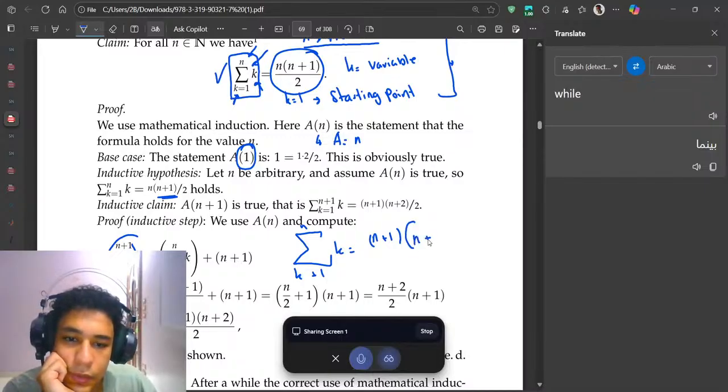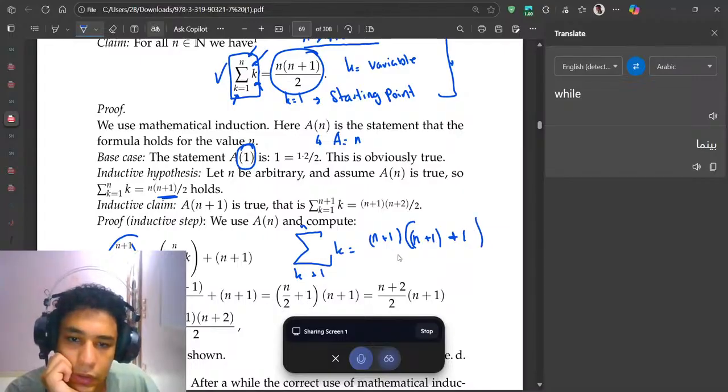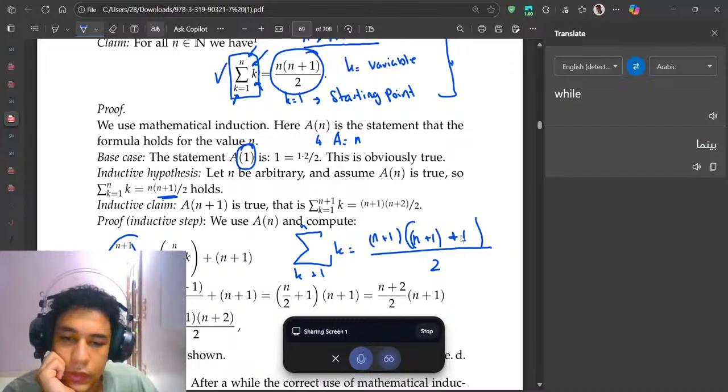N plus 1 here, like n at the top. Hold on, chill, plus 1 and another bigger bracket, and here's 2. So the thing is that I have this here, hold on, I have the n. How can I convert this into this? Or sorry, the opposite. How can I convert this to this?